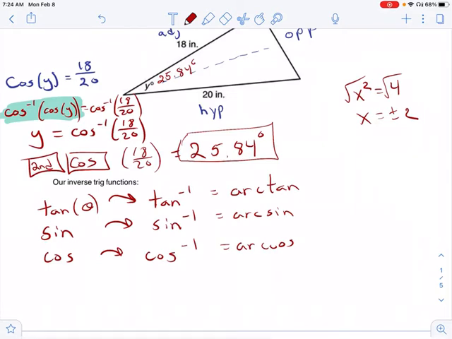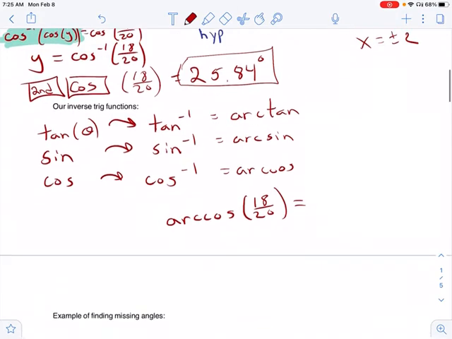So I believe if you're in Desmos and you were to type in arc cosine of 18/20, it would be able to tell you that that is 25.84. So it understands arc cosine. All right, so let's do some additional example problems, and I'll let you know how we're going to shortcut that step that I had highlighted earlier,